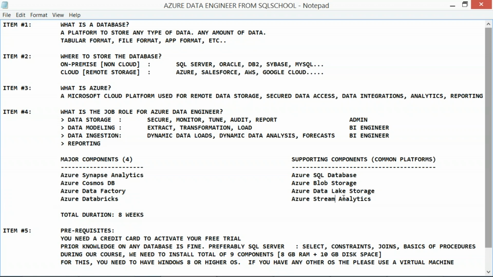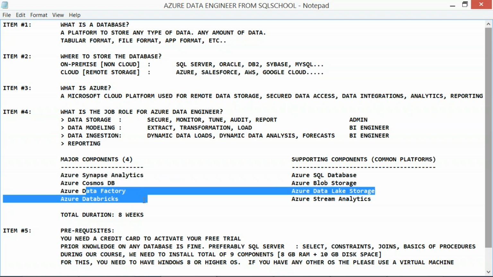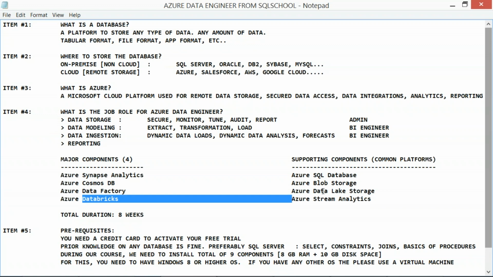Again, right side. Data analytics. Synapse Analytics involves all 4. Cosmos involves all 4. Data Factory involves all 4, and Databricks involves all 4 components here. The duration of our Azure Data Engineer course is 8 weeks,